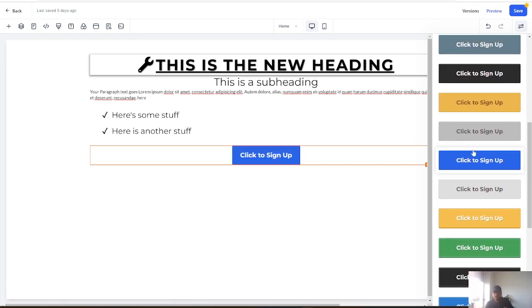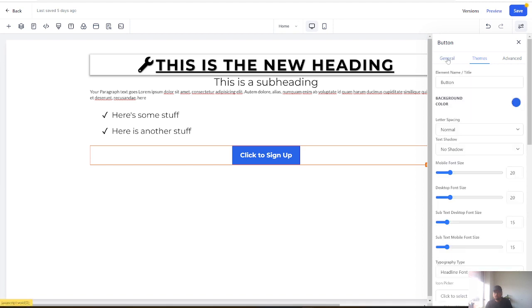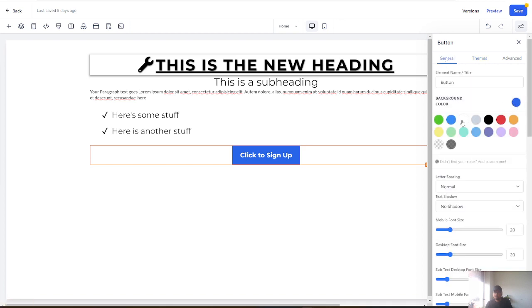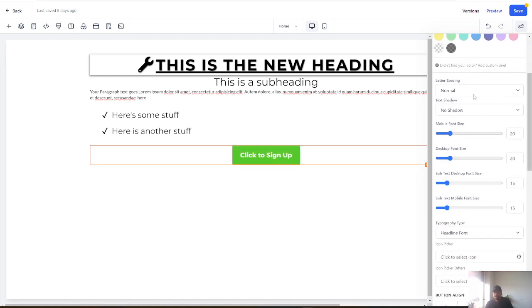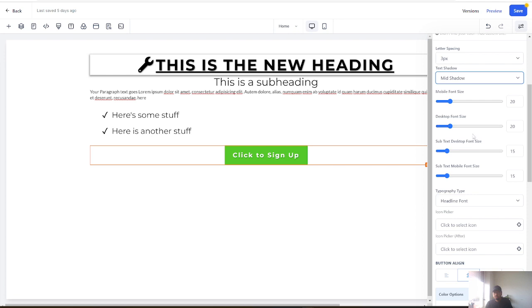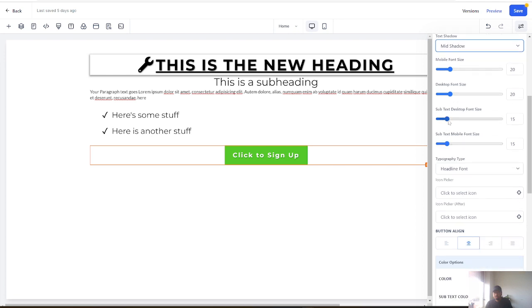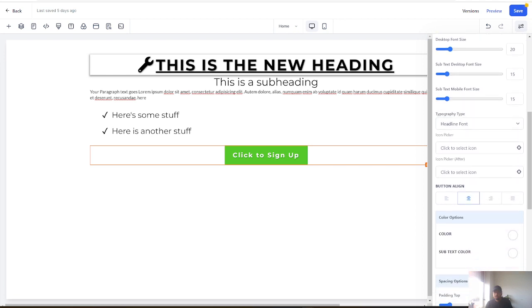If you want more granular control, you can go to general, and then you can change the background color to whatever color you want, and it will change. And you can adjust the letter spacing of the button. You can add a text shadow, you can change the font size, you can add subtext as well. So if you go further down,